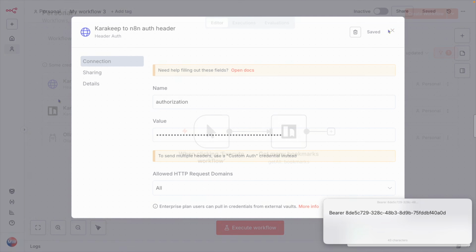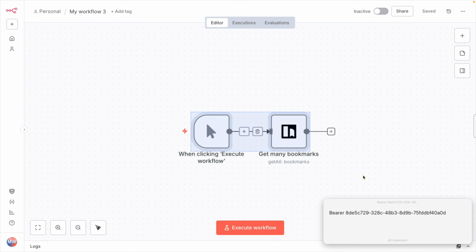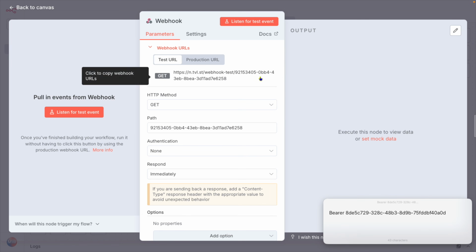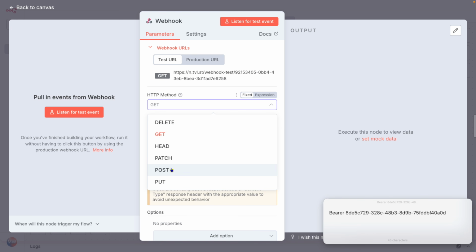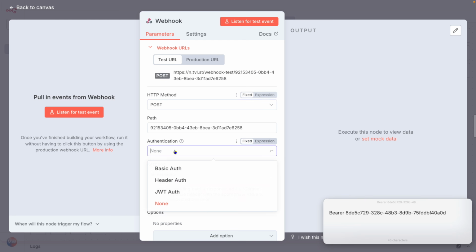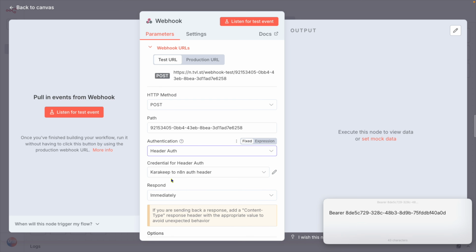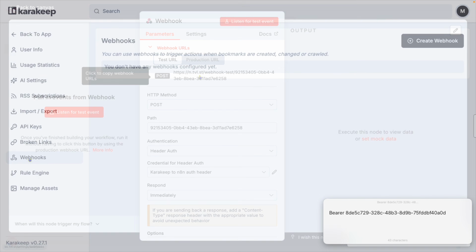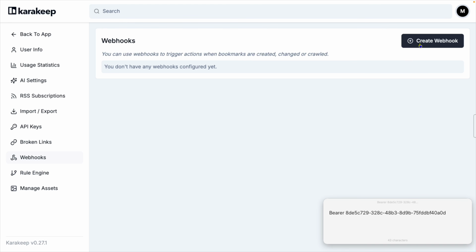Now go back to that workflow we used and delete everything on there. Add a new webhook node, change the HTTP method from GET to POST. You can change the path if you want, but you don't have to. And then for authentication, choose header auth. Choose the Karakeep to N8N auth header credential that you just created. Copy the webhook URL, and now switch over to Karakeep and under User Settings, go to Webhooks and create a